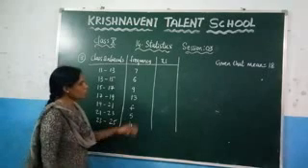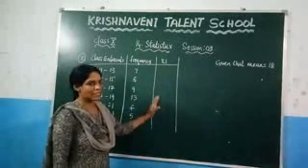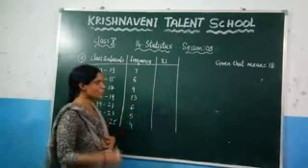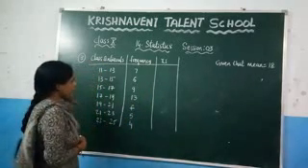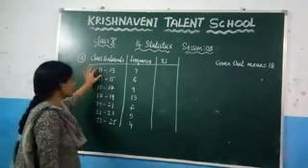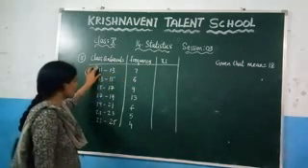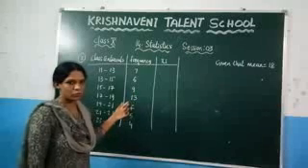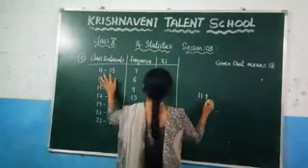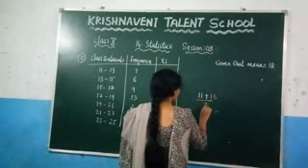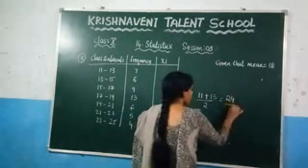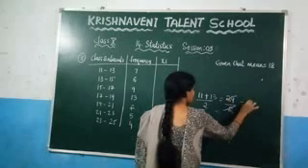Let us see what the x values are here. If the x values are bigger, you can go for the other methods; otherwise you can use the direct method here. Now, what is xi? Xi is the class mark. You have to take the upper limit plus the lower limit by 2. What is the lower limit here? 11. And the upper limit? 13, by 2. What is 11 plus 13? It is 24 by 2, and you will get 12.